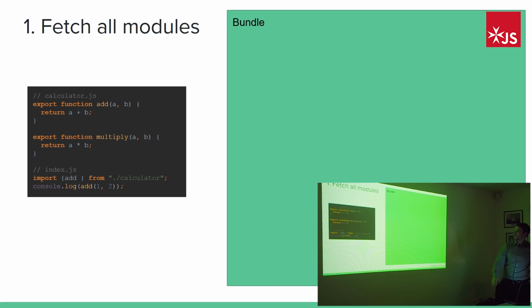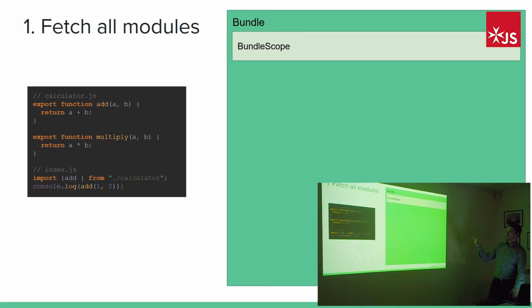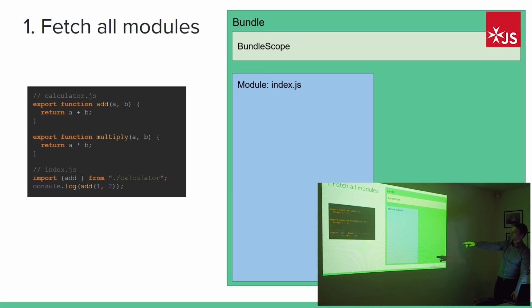So what will rollup do when you start the bundling? First, it will create a bundle that represents the final bundle, and it will create a bundle scope in it. We have seen that in the final output we have just one scope, so the bundle has one bundle scope. So far it's okay. And then it will start from the entry module. It will create the classes or the instances for all the